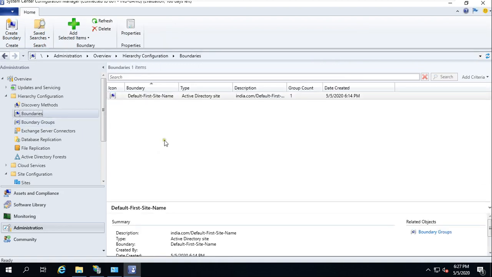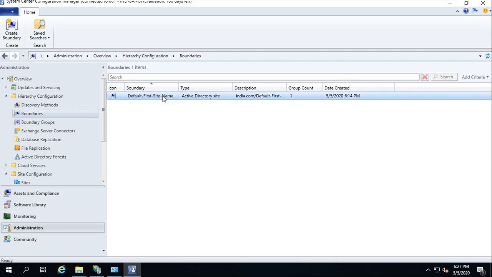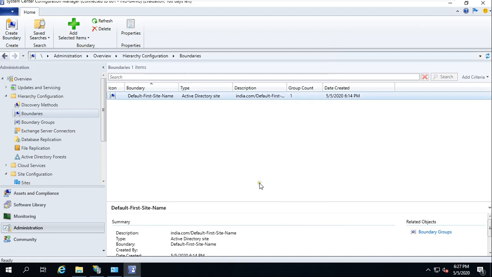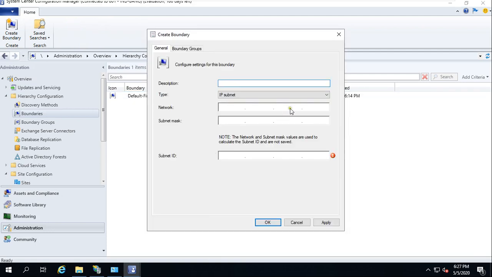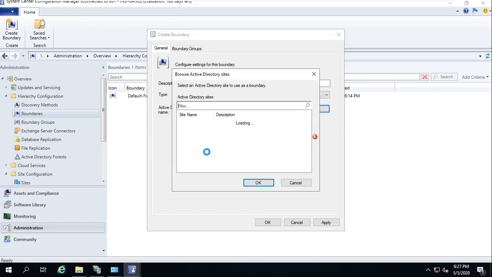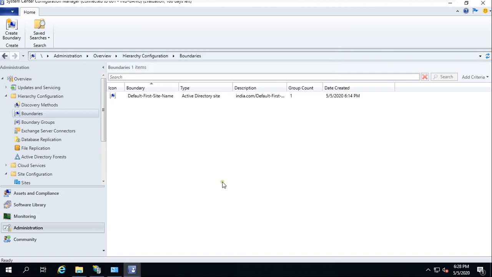And go to boundary. Here also you can create boundary if you want, but you will have to assign couple of things here, like if you go to this, cancel this, okay, and see here, like it is Active Directory site, it is showing you. Even you can create new if you want to create, then you will have to select Active Directory site like this, then browse Active Directory. Let's see, it is coming default only. Okay, same it is taking from that server. And even you can change this name if you want to whatever you want, and this group.